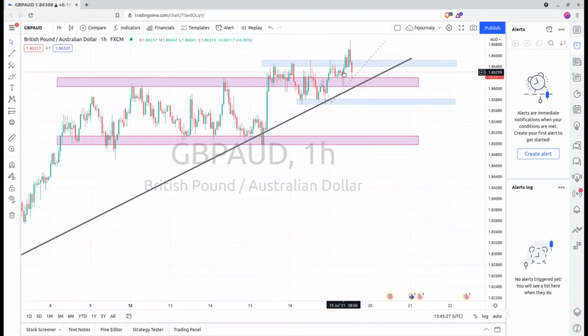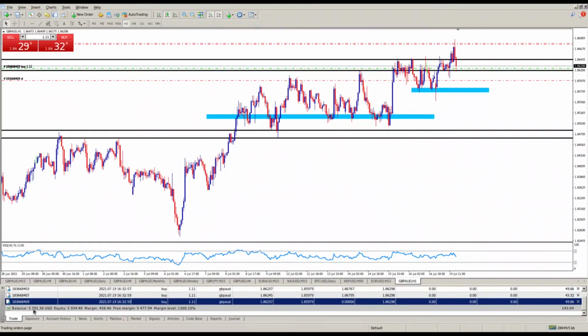As you can see, if you look at the bottom left hand corner here, the balance has lost some money. It was at 6,133 or some odd change. Now it is at 5,791. It's climbing back up though, because I realized that